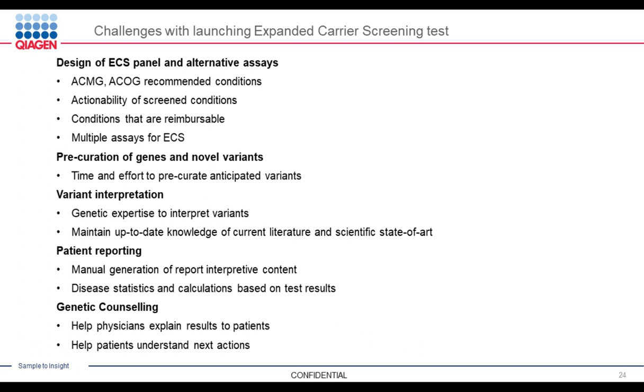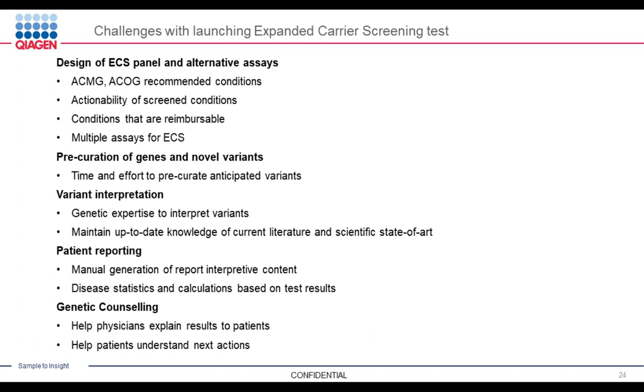As well, you may want to use this panel in addition for carrier screening, maybe to possibly use this panel for PGS-PGD or even newborn screening. So the other thing that's also a challenge is before you launch a test, you need to pre-curate these genes and novel variants in a way to reduce the amount of time and effort in interpreting the variants that come